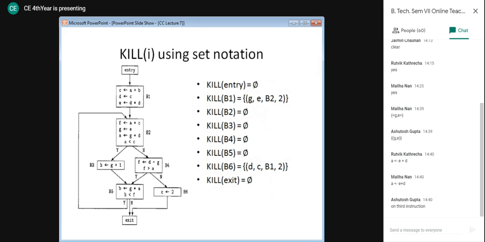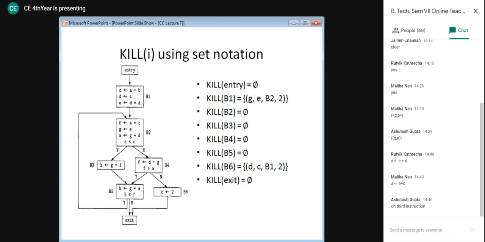Why do we have this as an element of the kill set? Because if you observe, in block B1 the value of E is getting changed, correct? D is assigned to E, so the value of E gets modified. That is why G comma E of B2 position 2 gets killed in block B1.